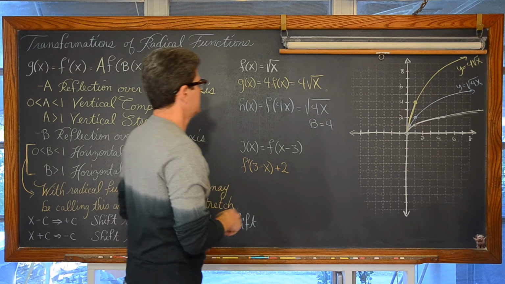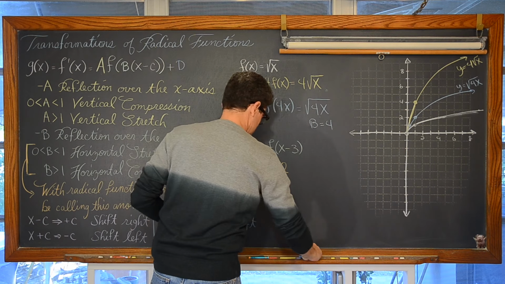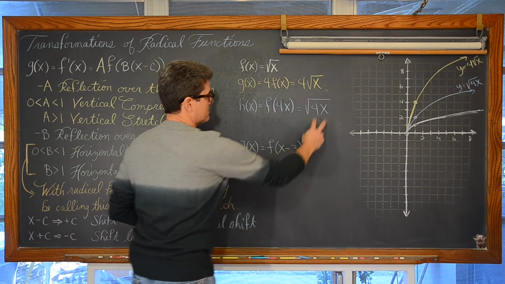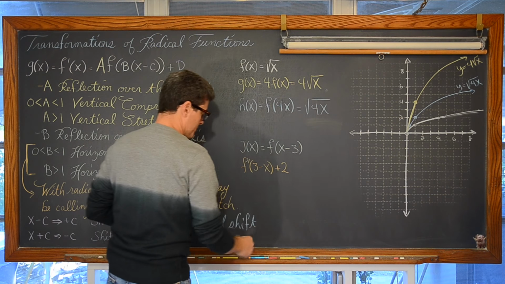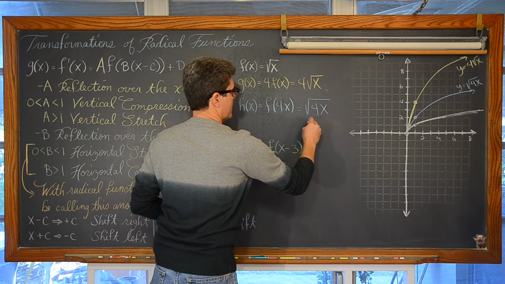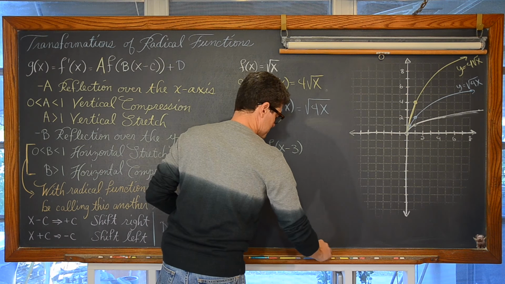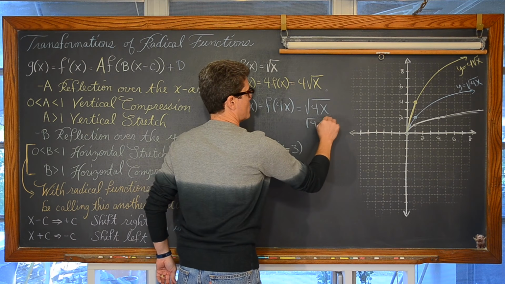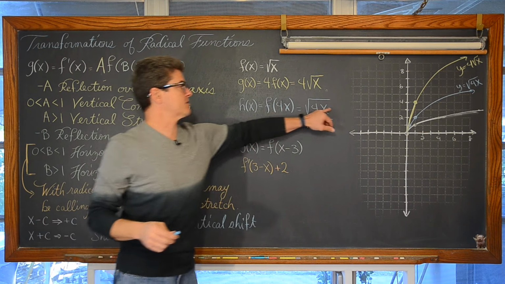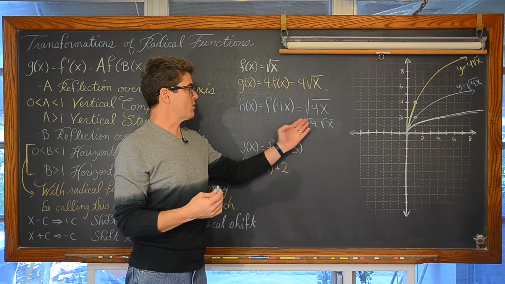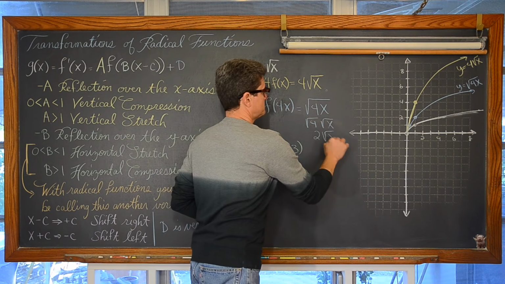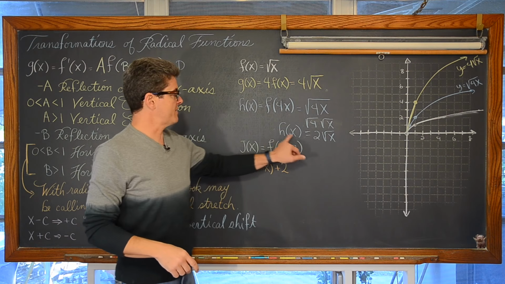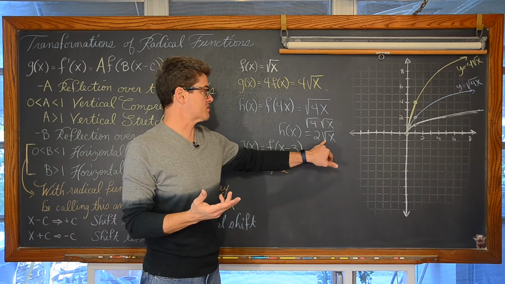But, just with how the square root function works out here and the fact that we have a couple of factors inside the square root, we can look at this differently. It's still going to be the blue graph. I can pull this apart and say it's the square root of 4 times the square root of x. Give each of those factors their own radical. And then the square root of 4 is equal to 2. So h of x, I think I might have called that g of x a second ago, but h of x now is equal to 2 times the square root of x.